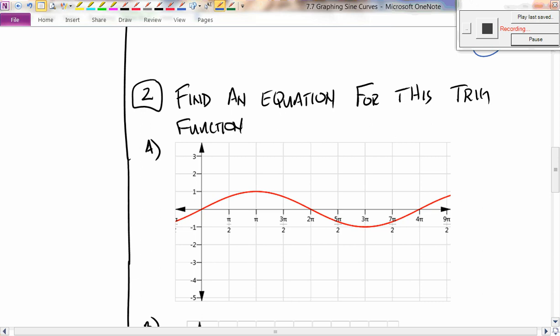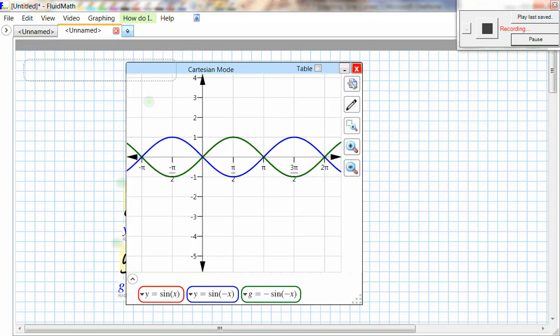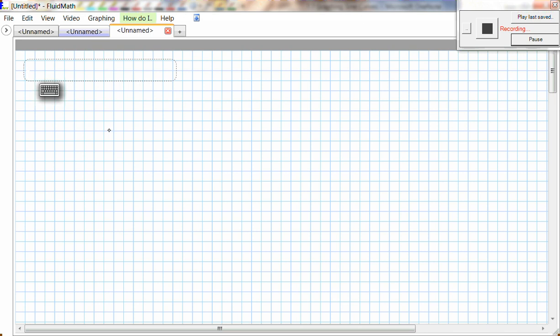All right? So the direction is going to be something like this. Find an equation for this trig function, okay? The first choice you have to make is whether or not you're dealing with a sine curve or a cosine curve. And the answer is it could be both. But one of them is always easier to deal with than the other. And the reason it could be both is because if I have the graph of y equals the sine of x,